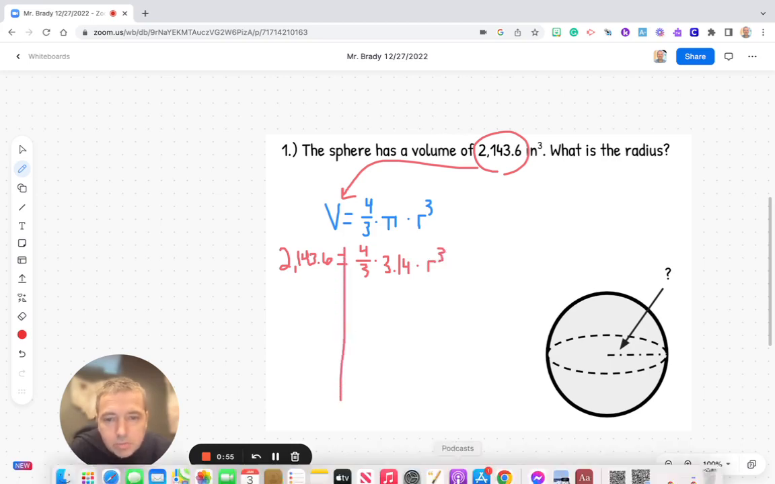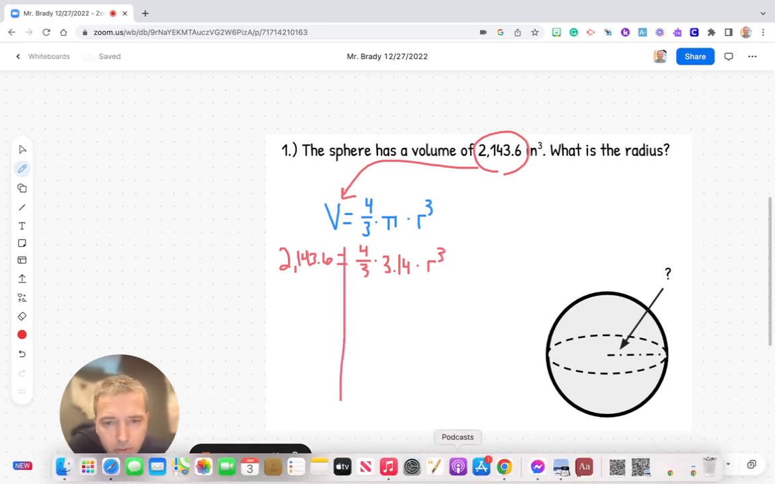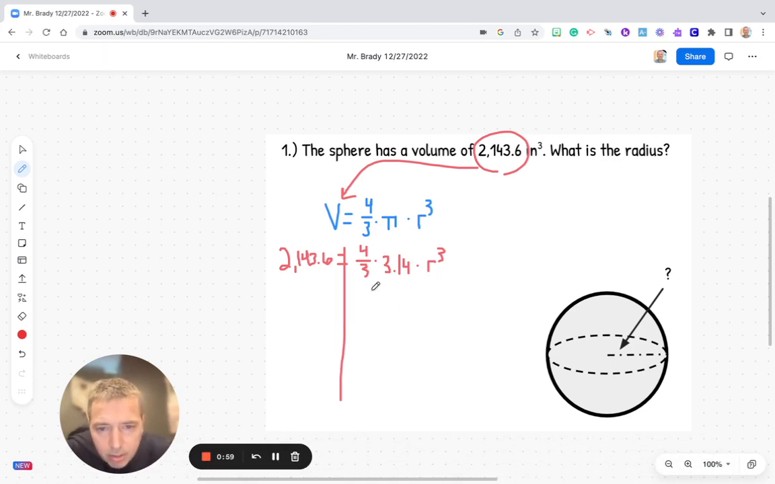Line down my equals, separate my equation. So again, I see some stuff on this side that I can do. I can do 4/3 times 3.14. Well, one important thing to remember on this problem is to round all your answers as you do all the math to the tenths place. So if I round that answer, when I do that, I get 4.2. Bring down my times r cubed and bring down my